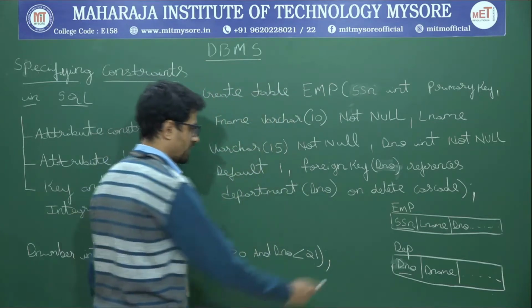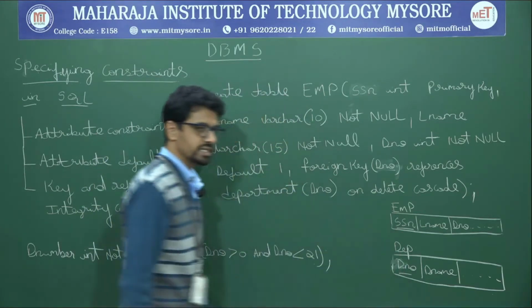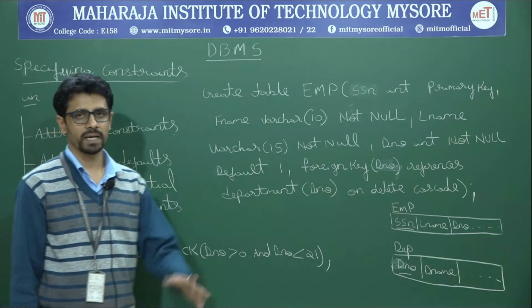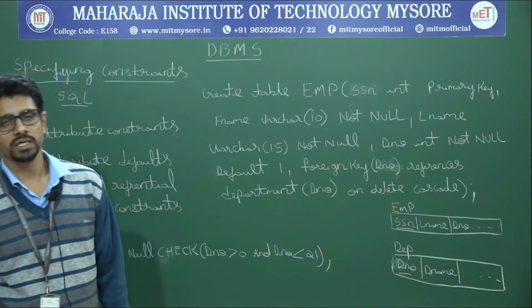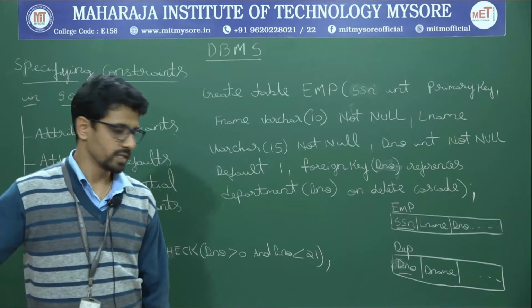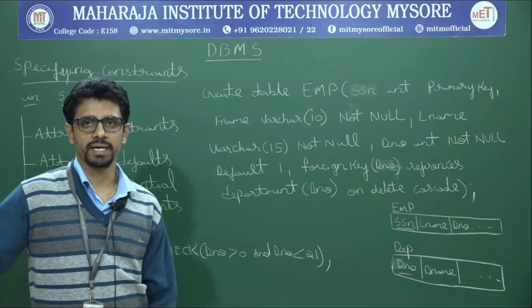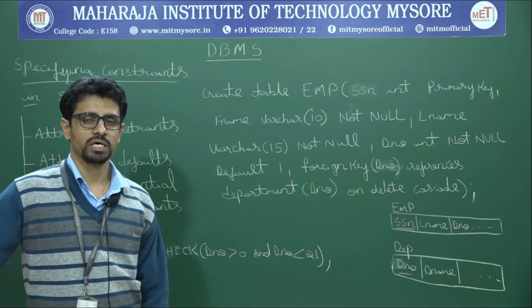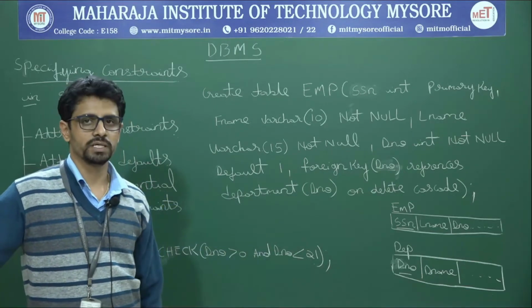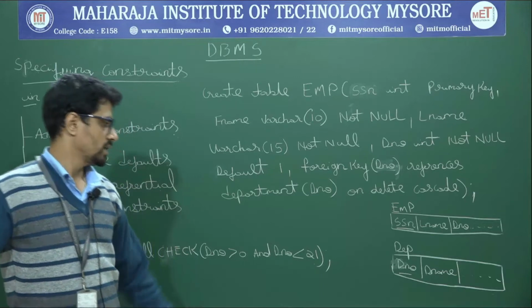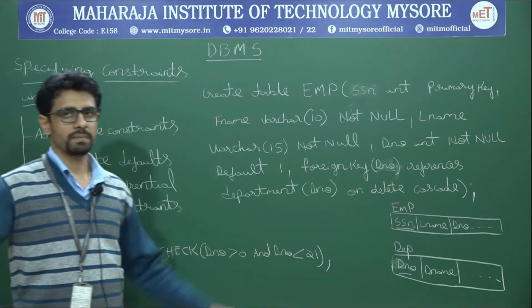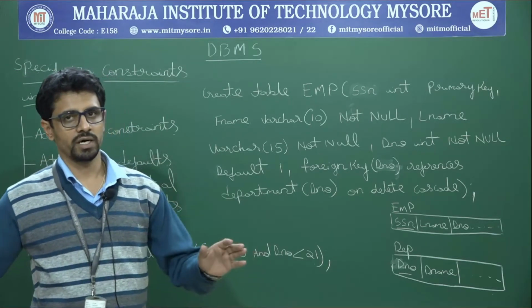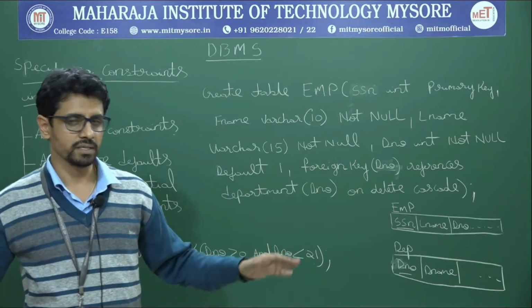Now, as you can see, I have underlined something here. This indicates, as you all know in the schema diagram, a primary key. You have already seen in the ER diagram concepts that the primary key will be underlined in the schema diagram, which indicates the unique attribute which identifies each tuple in the employee table. In the department table, the department number has been underlined, which uniquely identifies each department.